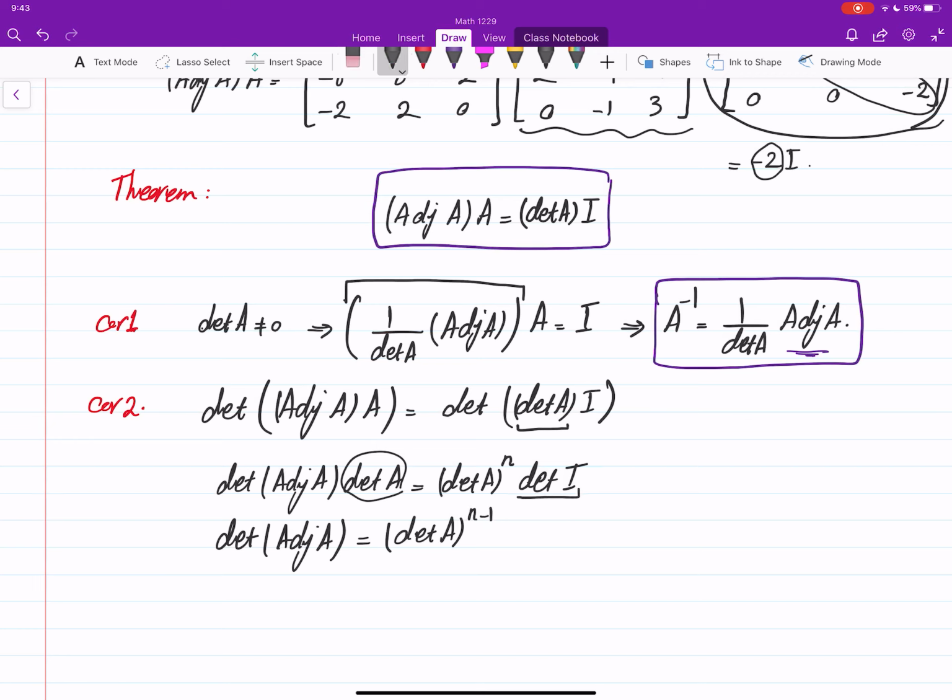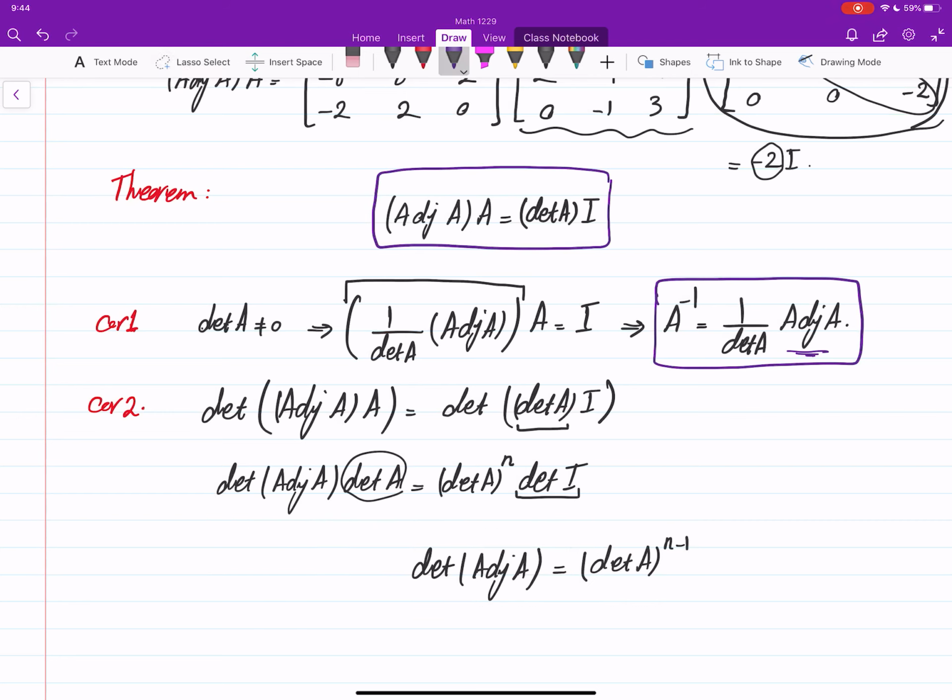The determinant of the identity is always 1. And also what it says is that if A is not invertible, the determinant of the adjoint is also 0. So let me just bring this to the middle,